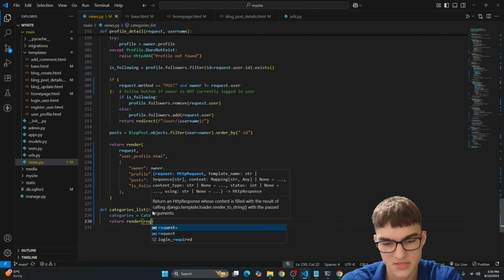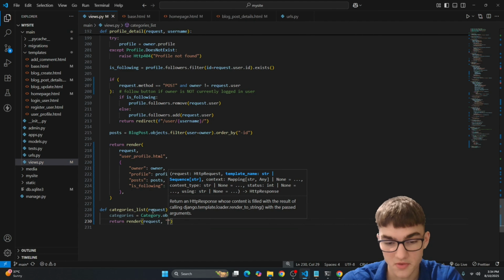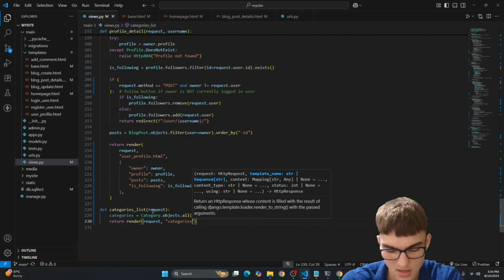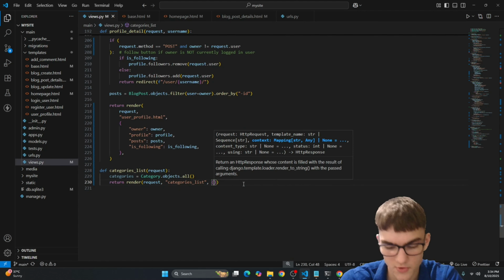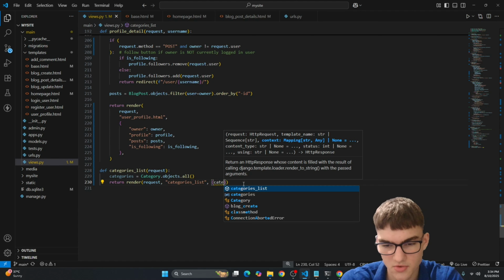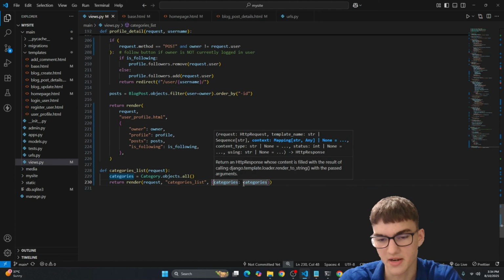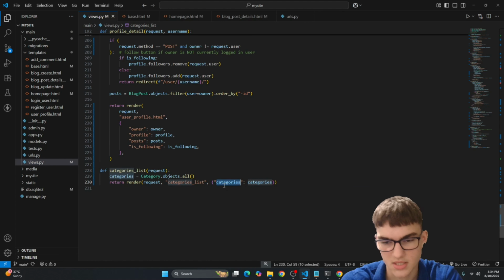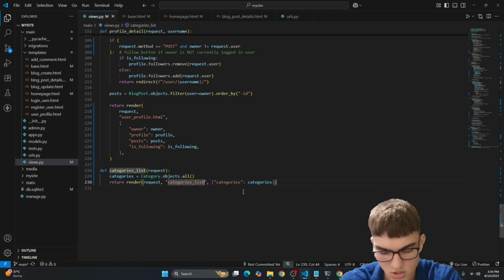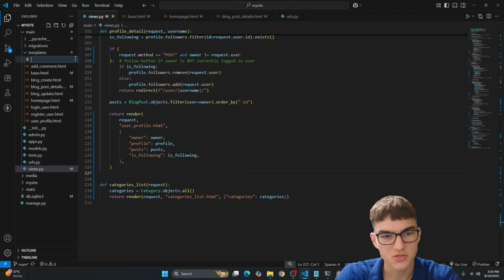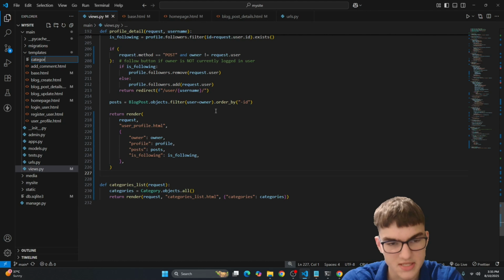We need request right here. We also need where it will be stored. It will just be, let's call it also categories_list. And also for the context, let's add categories to be equal to our categories variable, just like that. And also we need to add .html extension right here. Alright, so save that, and now we need to create a new template, so let's also call it categories_